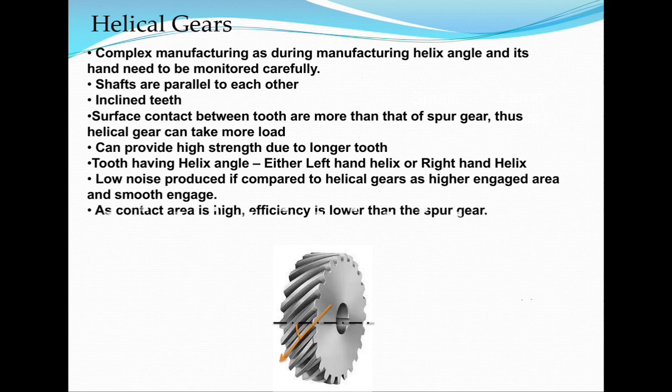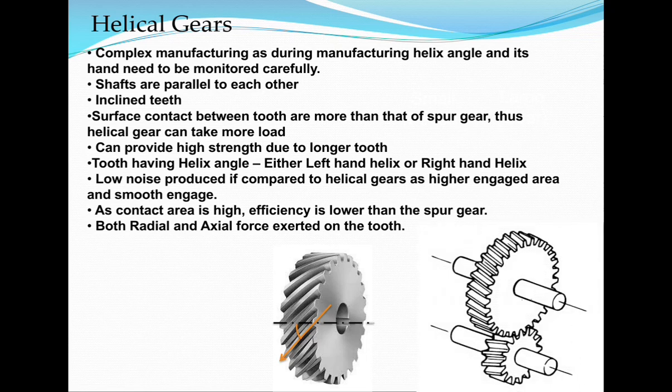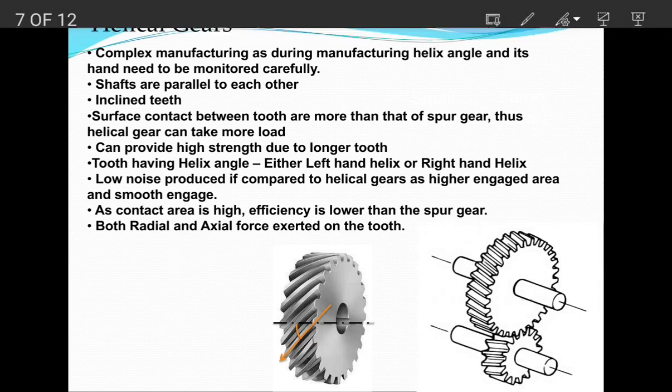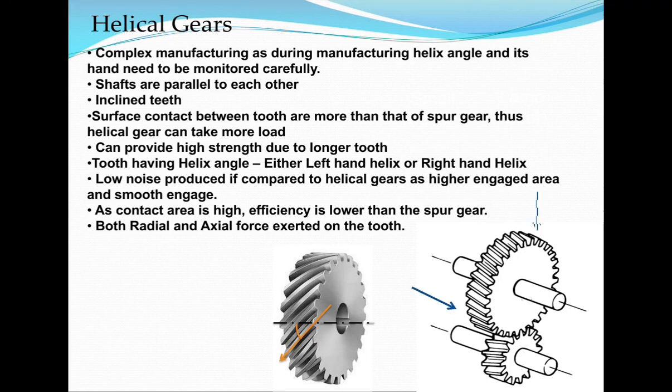But in this arrangement, in comparison with the spur gear, in the spur gear we have seen that the axial force is 0, only radial force acting on it, but here both axial and radial force act on the gear teeth. You can see from this, in the direction of the axis we also have some force, and in the radial direction we also have some force. So now we'll discuss the helical gears,